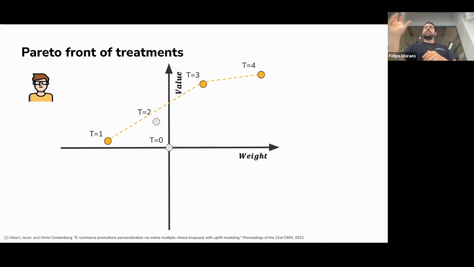The idea here is that there's always a linear combination between treatment 1 and treatment 3 that is better than treatment 2. If I give 50% of 1 and 50% of 3, it's always going to be better than just giving treatment 2. So treatment 2 is not efficient in terms of its optimal conditions.